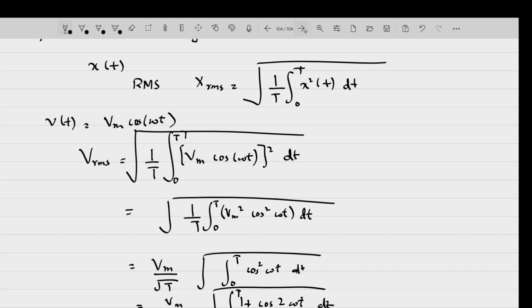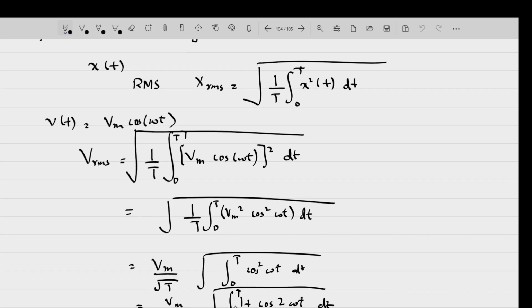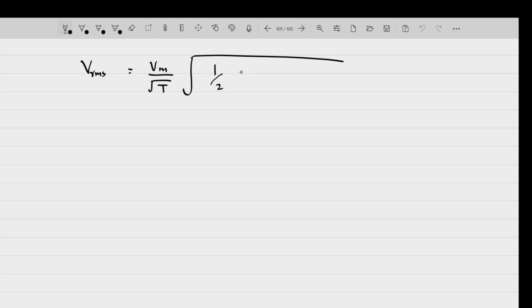So once we have this function, now we can integrate this. So Vrms will be equal to Vm by root T, 1/2, इंटीग्रल के अंदर आपका 1 प्लस कॉस टू ओमेगा टी है, तो 1 प्लस कॉस टू ओमेगा टी, तो 1 प्लस